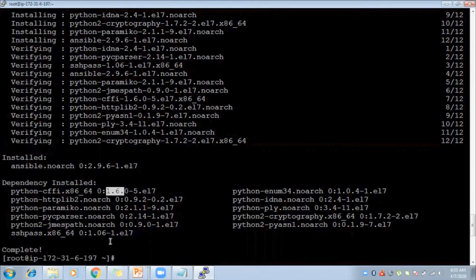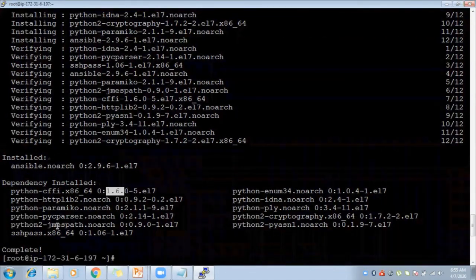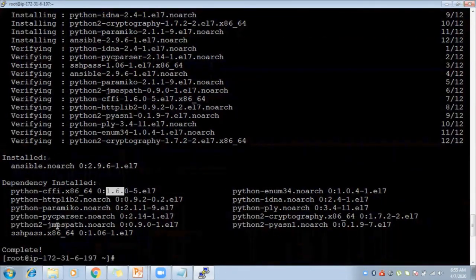And the Jinja2 template. These tools are dependencies and are locally available. In the case of CentOS, if you install Ansible, it will automatically find the dependency packages.